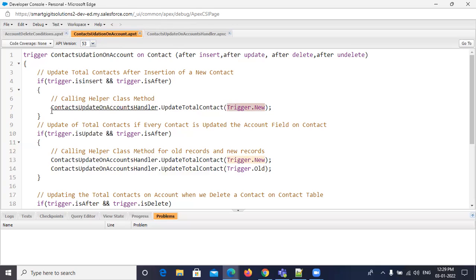In the insertion operation also I call this method. And in the update operation we call this method two times. Why?